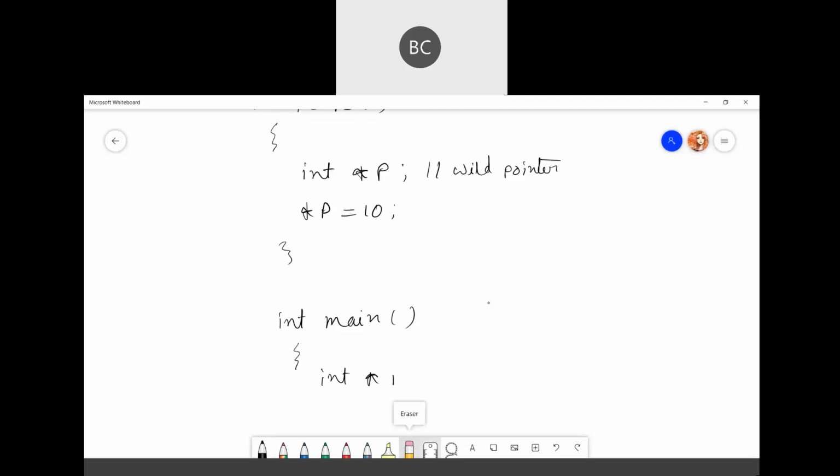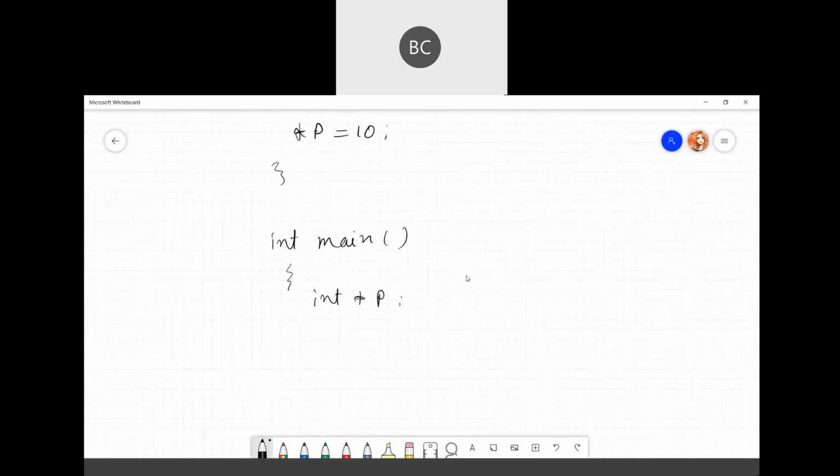In main, x equals 20, and p equals address of x. Okay, so this is initially a wild pointer, but in this case, p is not a wild pointer now.